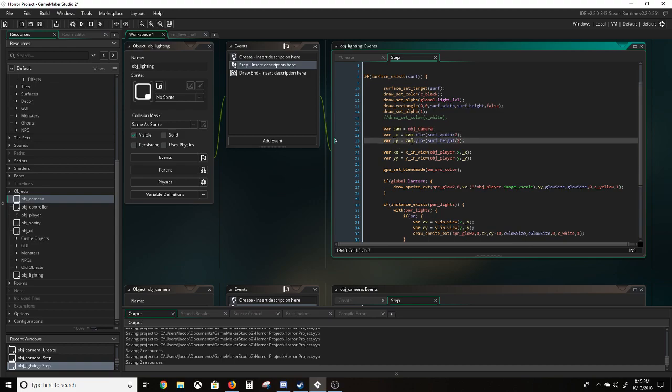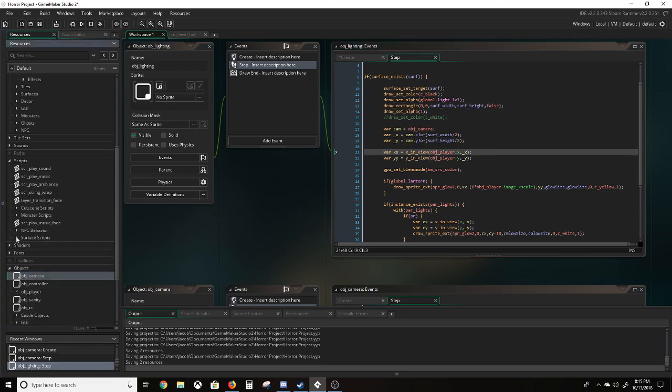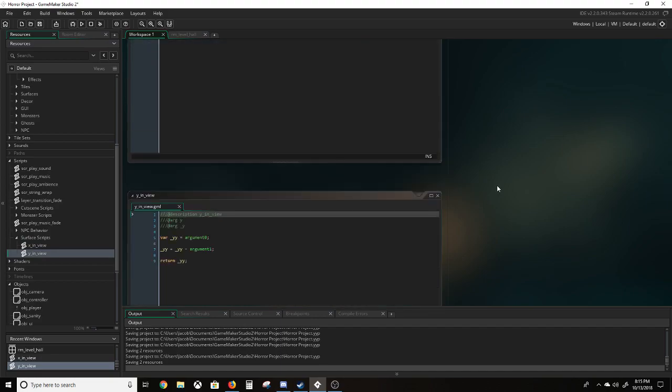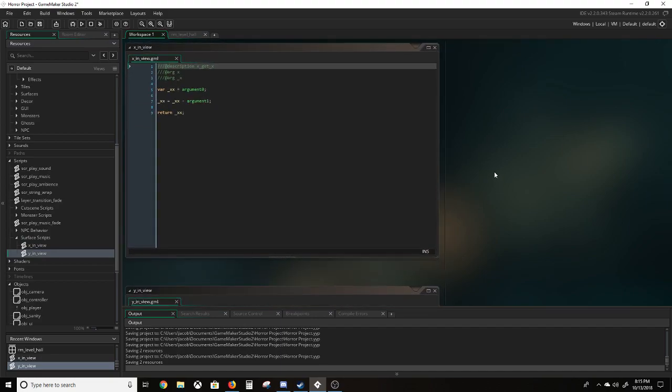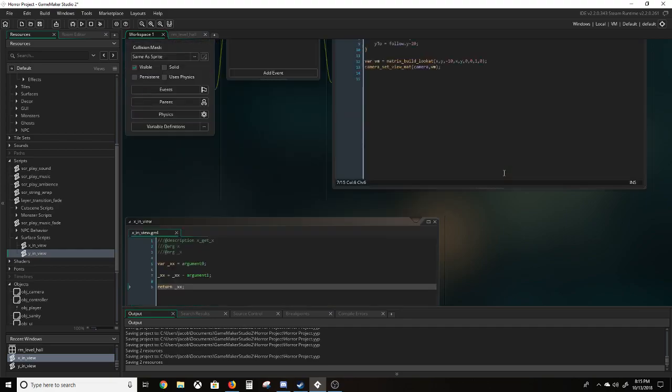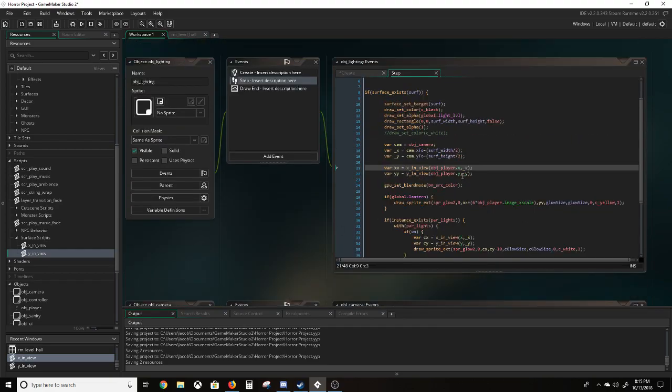And so let's see. Then we move on to these extra temporary variables. I went ahead and created 2 scripts, one called X in view and one called Y in view. I did find this little bit on the internet, but I would have done it this way anyways. Basically what this does is you input 2 X values and then it spits out another one. And what this does is it subtracts, what did we do? It subtracts the